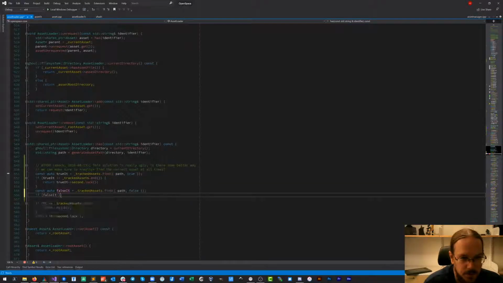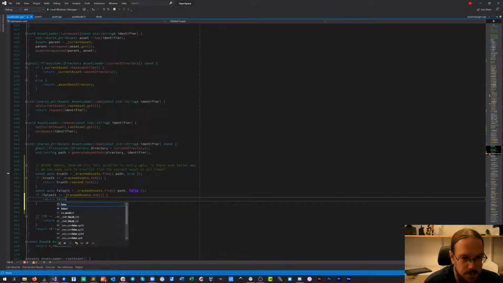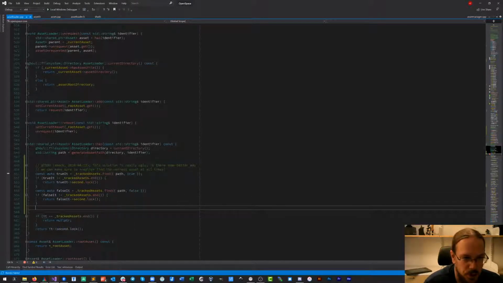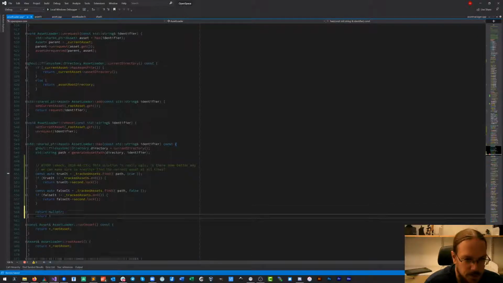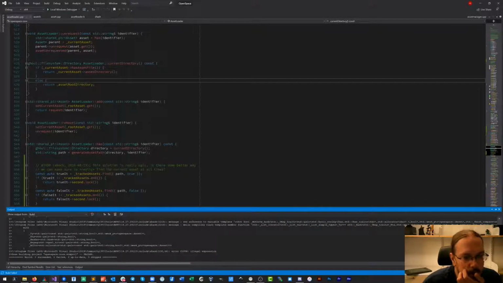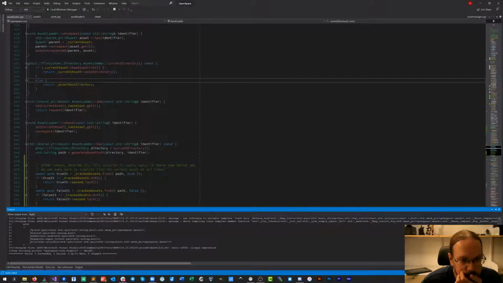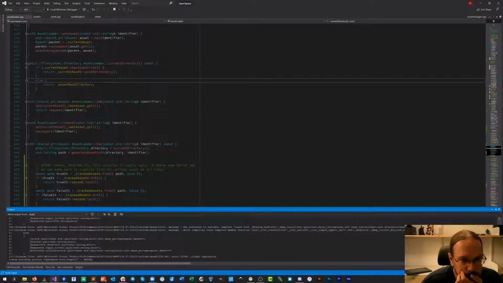If false iterator is a proper iterator, whoops, we return false iterator's pointed to thing. And if not, well, we don't have anything, and we just return a null pointer, and hope that nothing will blow up. Okay, still the same problem. Illegal expression.